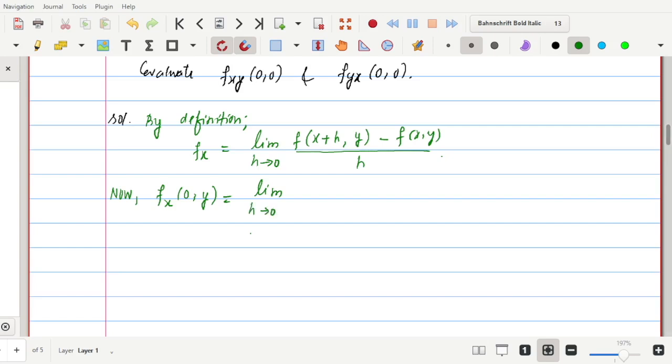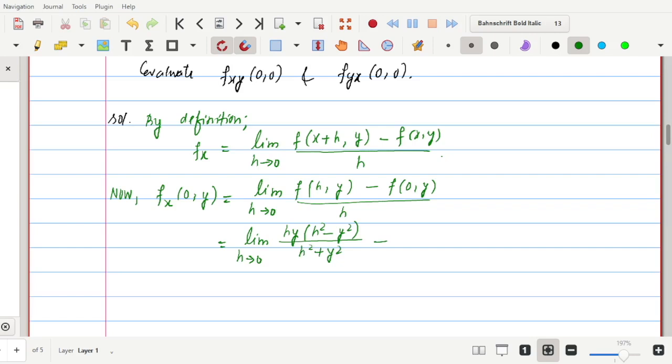Now substituting this in this function, we will get f(h, y) minus f(0, y), because x is taken to be equal to 0, whole divided by h. Now substituting the value of the function, this gives limit h tends to 0, f(h, y) will be equal to hy into (h² minus y²) whole divided by (h² plus y²) minus